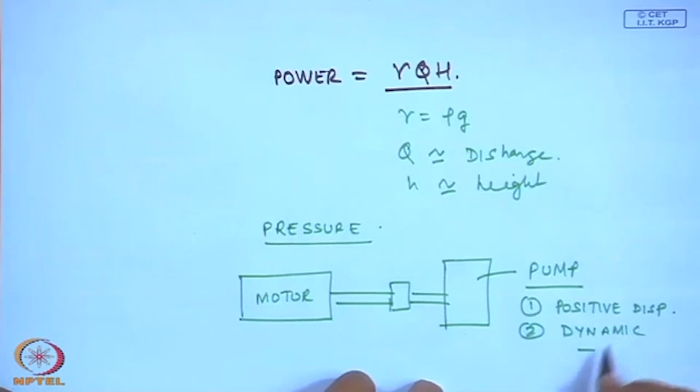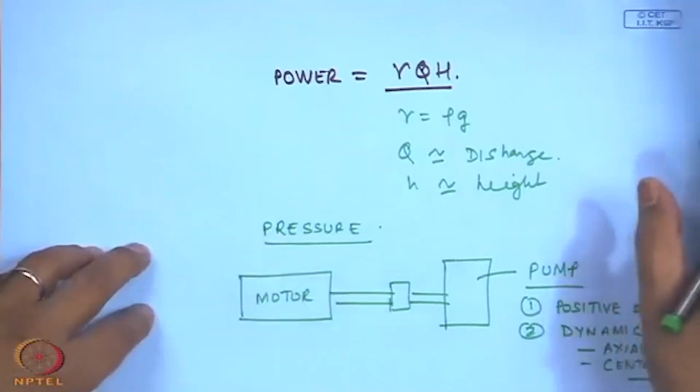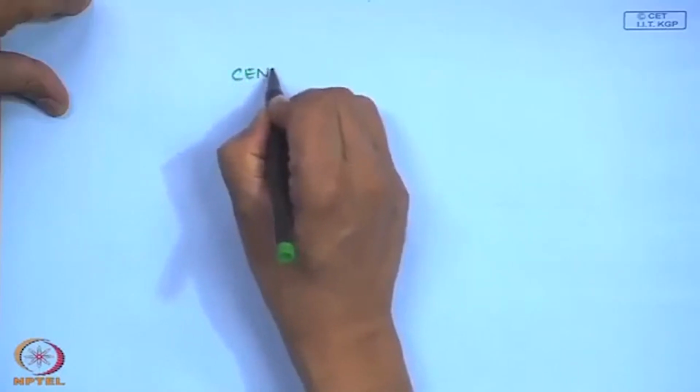So, in dynamic they could be axial, they could be centrifugal and so on. And the most common pump which you will see is the centrifugal pump,